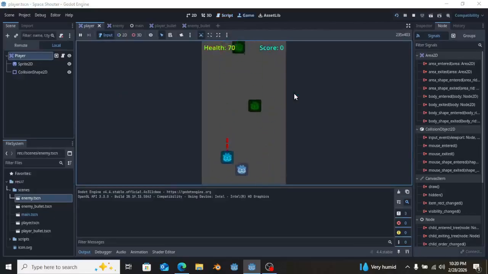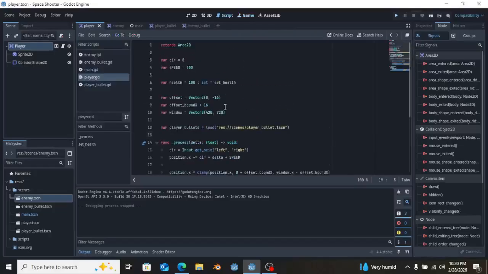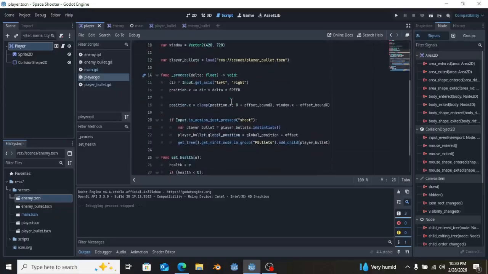Okay, we've prevented everything, but we've not prevented everything at all. So there's still some errors. Why are we getting this? It's obviously from the offset bound, but why exactly are we getting this? I actually don't know, but